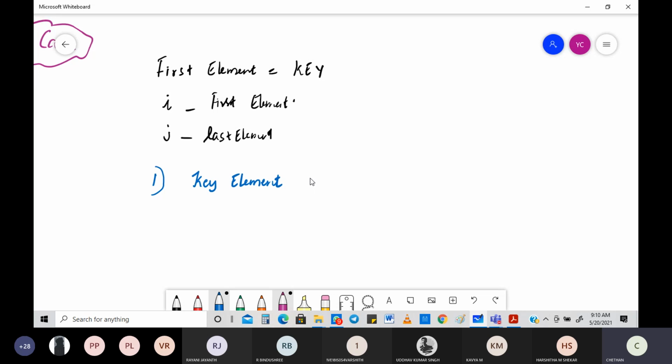We compare the key element with I. If the key element is greater than I, then you increment I, only when the key element is greater than I. When this becomes false,